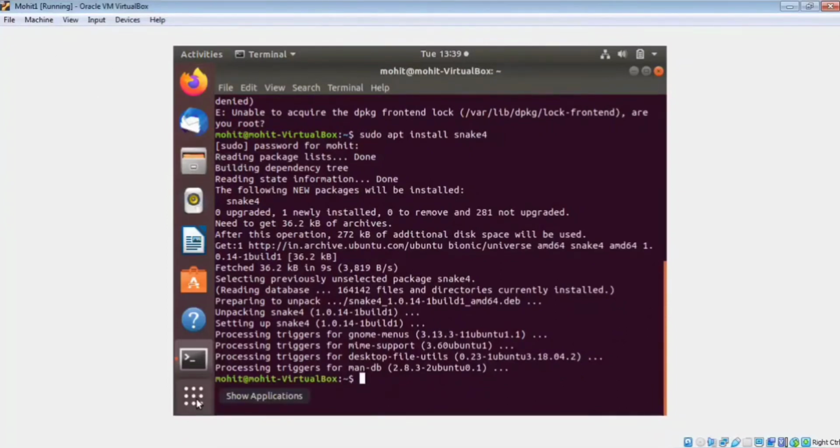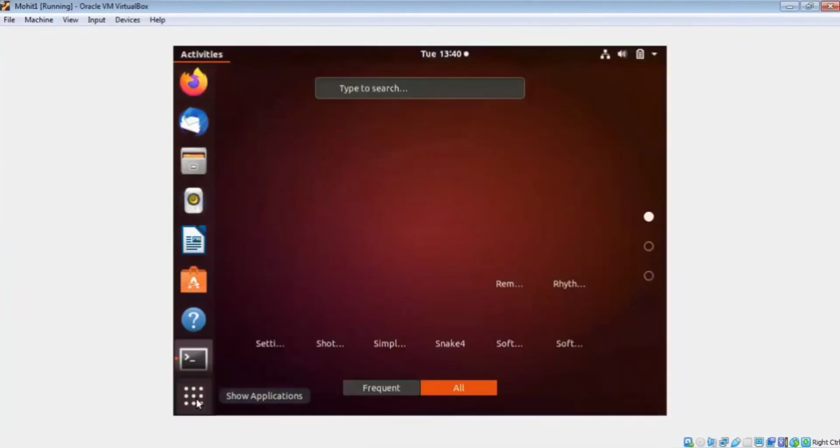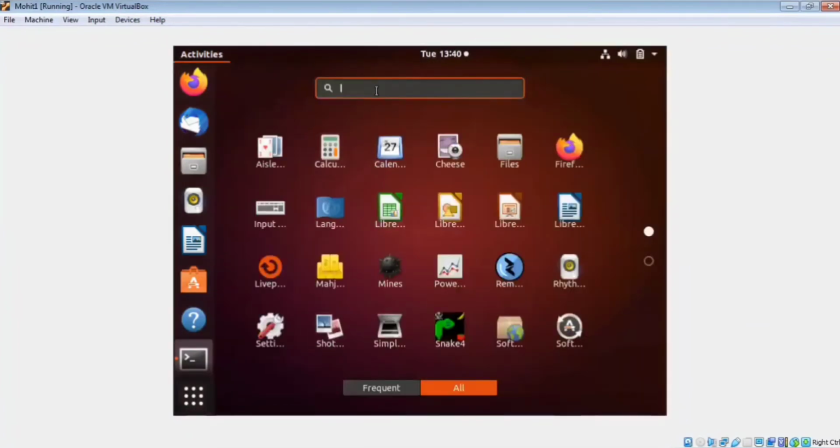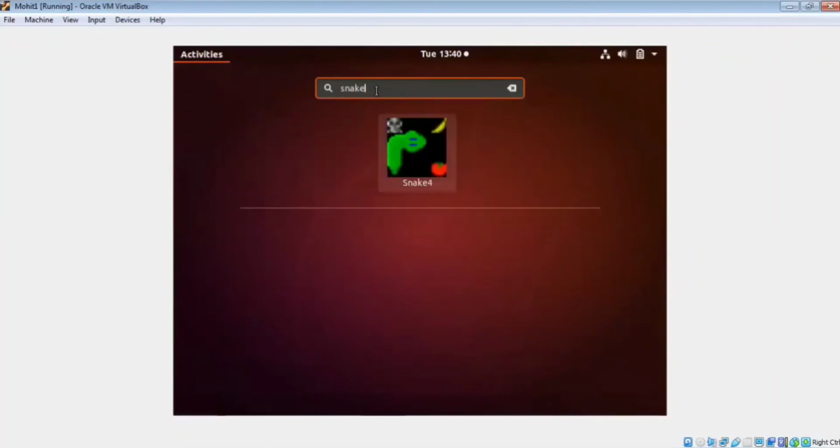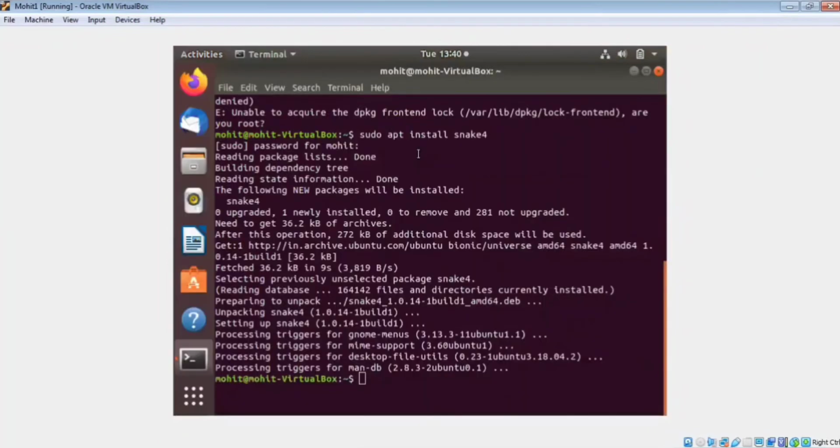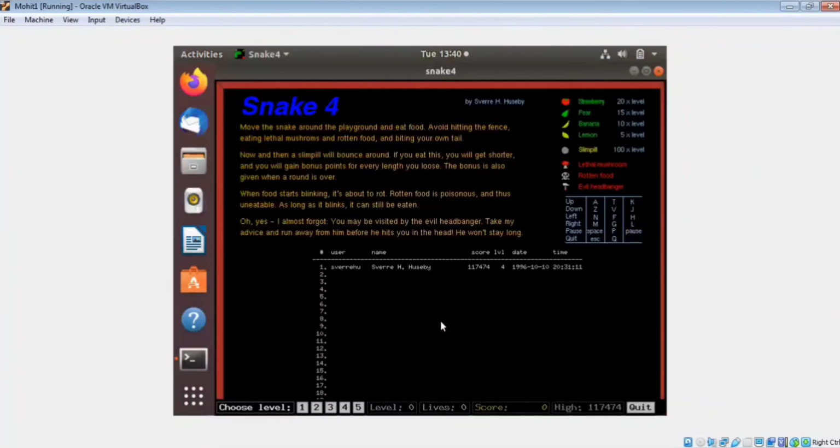Now click on Show Applications, type Snake 4. You see here it is, the Snake 4 game. Just double click on the Snake 4 game.